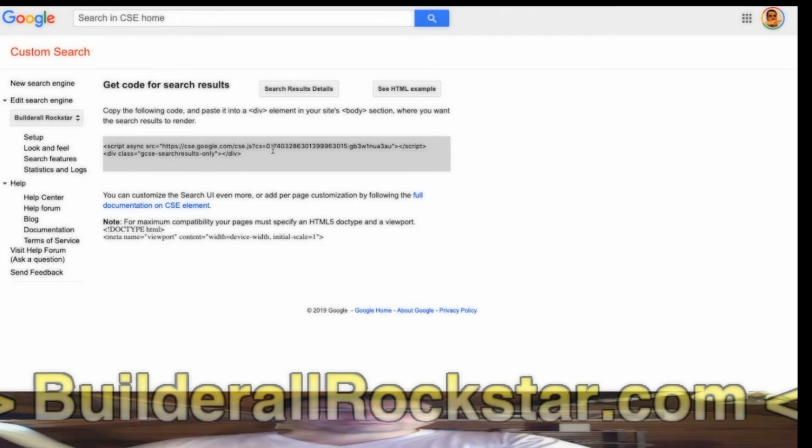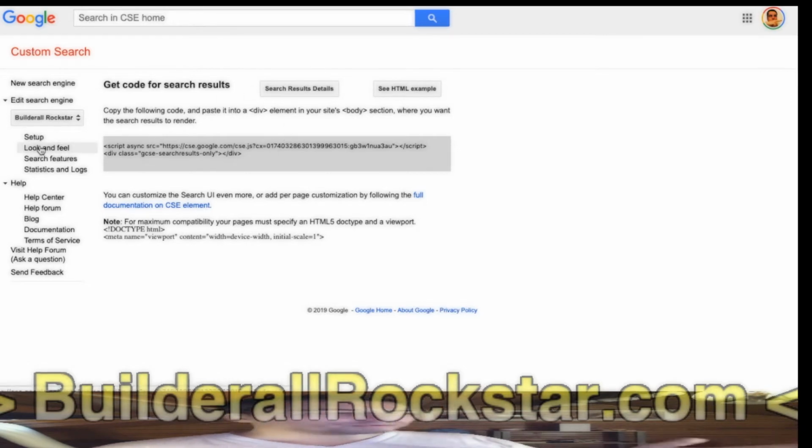And then Google will display the results. It will take the query, the words that visitors have typed, it will know them and it will display the results for those words. So let's go back to setup, to look and feel.